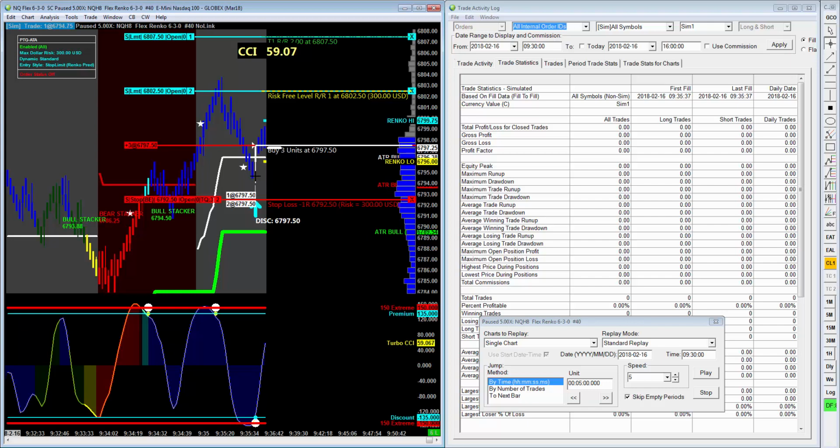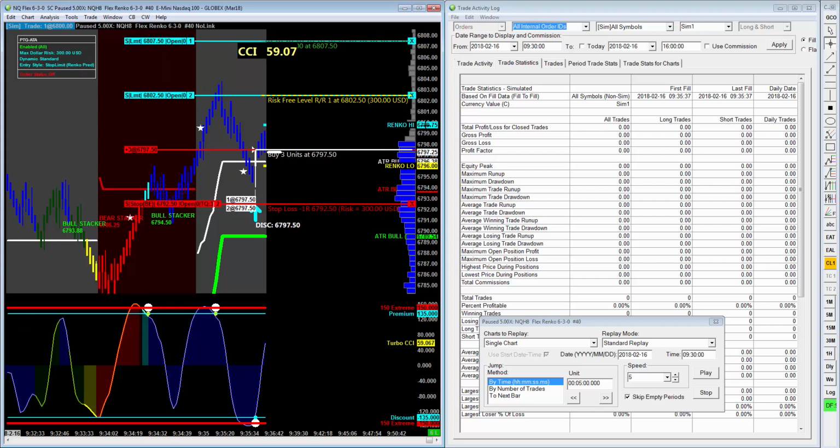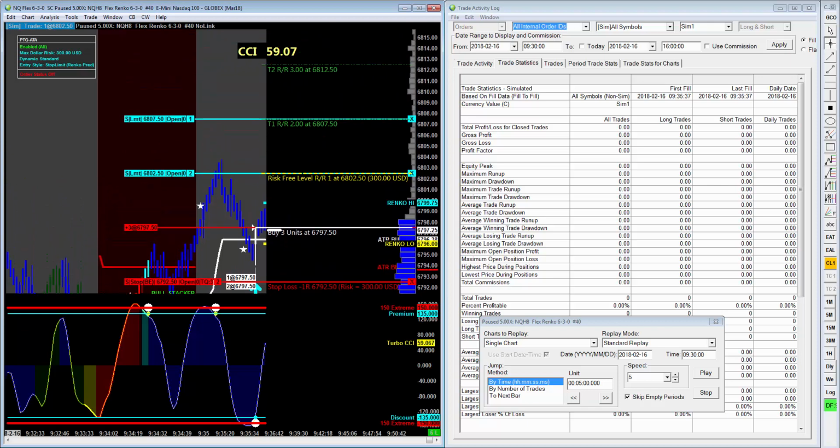You'll see it on the price bar here, the white signal bar, and the auto trade is set up. We have a $300 per trade risk. Again, that is user definable, and in this case we're using a 5-point stop, and as such it auto position sizes us at 3 units. So the entry price here is auto-filled at 97.50, and then it will automatically place exit orders. It'll look to sell 2 at what we call the risk free, so that's +5, and then we stage the next